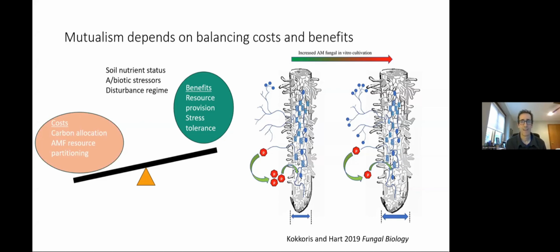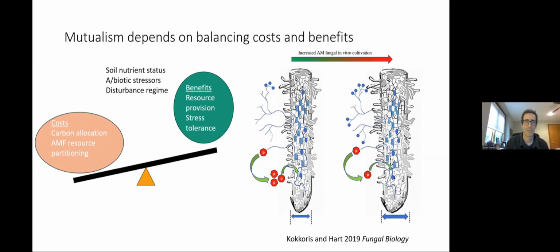Repeated in vitro culture with the plant could lead to a fungal phenotype that allocated more resources towards reproduction and less towards providing plant benefit, which is just something that we need to keep in mind